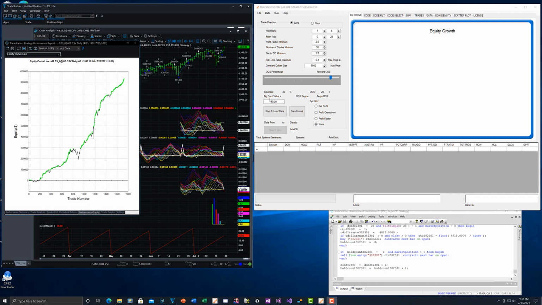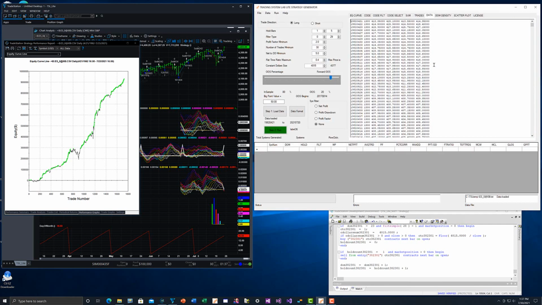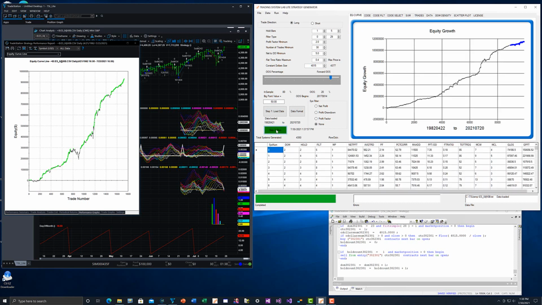Step number one, load the data. For this, we will use the E-mini S&P 500 daily data from 1982 to 2021. Here is the data. Step number two, run the system. So we're now generating trading strategies on this market, and here's the equity curve of the trading strategies that have